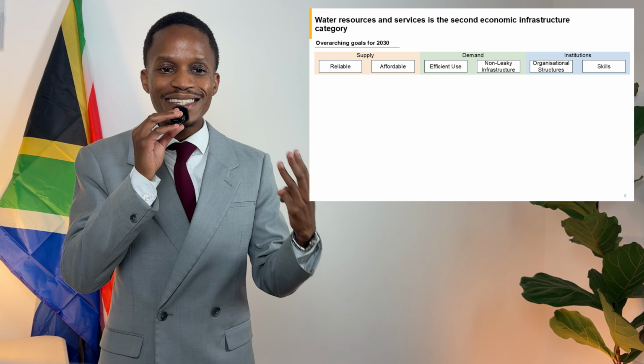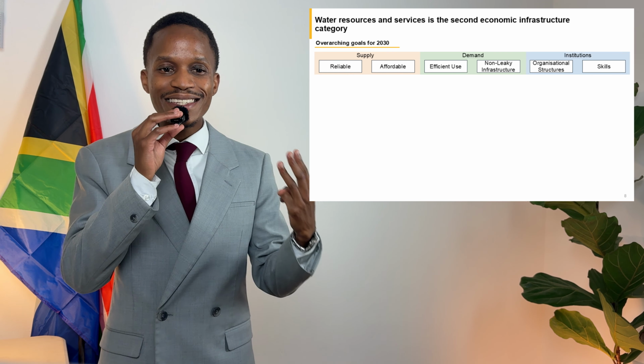Additionally, the increasing shortage of water engineers, scientists, and capable managers within the water space was highlighted as a serious cause for concern in the NDP. At the time, this state of affairs resulted in weak institutions, including at a local government level, which were just unable to deliver clean water reliably across the country. Insufficient and unreliable water infrastructure was also identified as a primary challenge which was manifesting at that time.